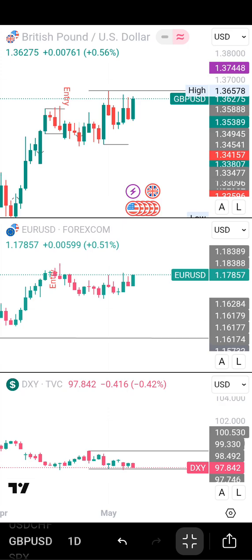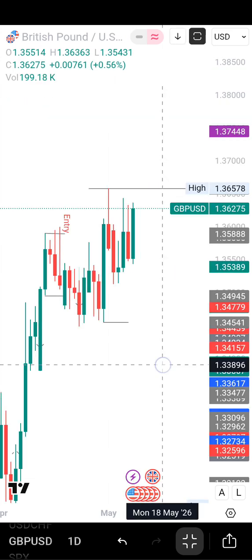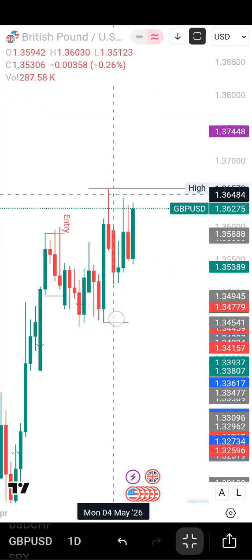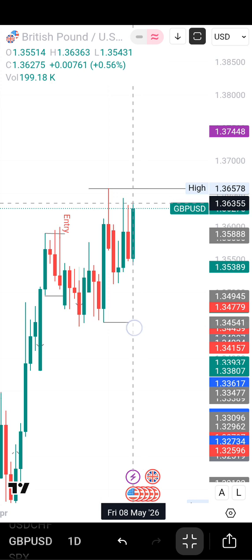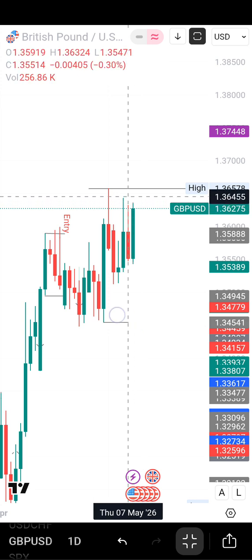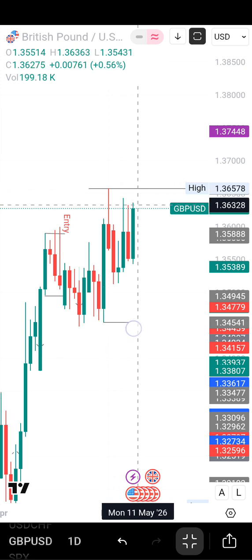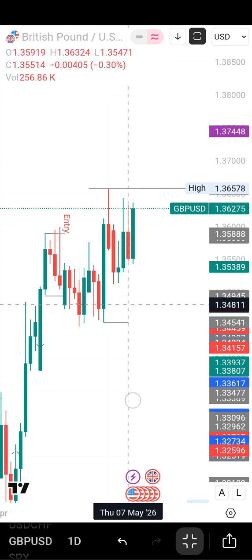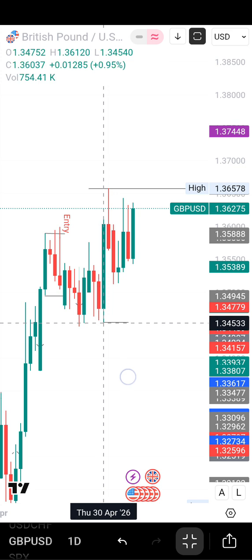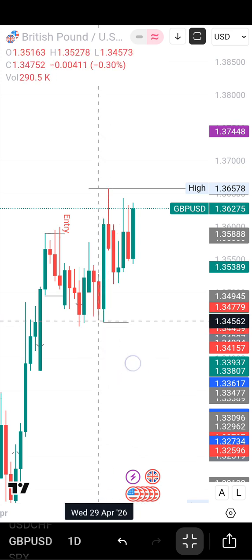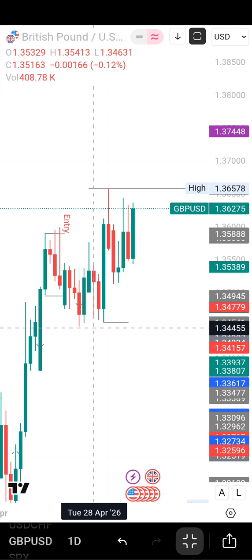Then again, we also have GBPUSD. You can see here there's a liquidity resting here. Price might take off this one here. This Friday's high might be left intact, and it may take this Friday high and start dropping to target this low, because there's already kind of an SMT on EU and GU. So guys, we are going for a bearish move on GU and EU, irrespective of how price opens. We're going bearish on EU and GU.